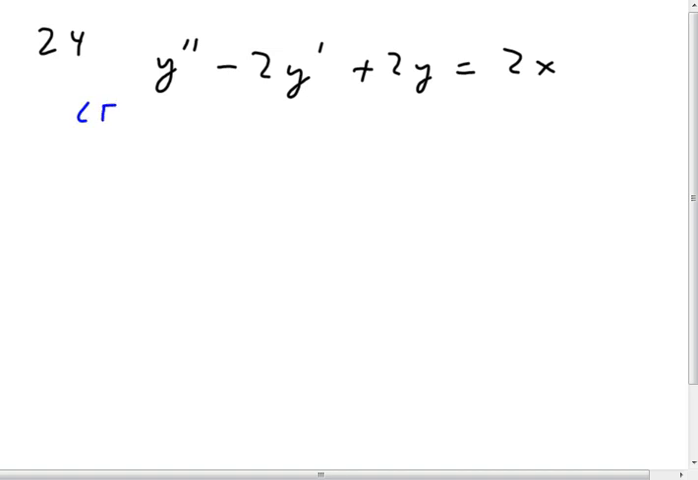We're going to do problem number 24. y double prime plus 2 y prime plus 2 y is equal to 2x. So I have a characteristic equation of a homogeneous problem. That means it ends in 0. And it's r squared plus 2r plus 2 is equal to 0. And that factors